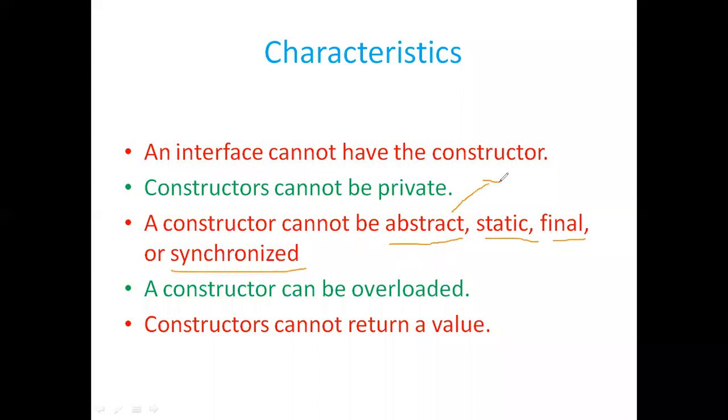Abstract is the keyword which is used to declare abstract methods. Static is the keyword which is used to bring all the contents directly into the RAM. Final is the keyword which can be used in three ways. When the final keyword is used along with variables, then the variables will become constants. If the final keyword is used along with methods, then method overriding is not possible. When the final keyword is used along with classes, then we cannot inherit that particular class.